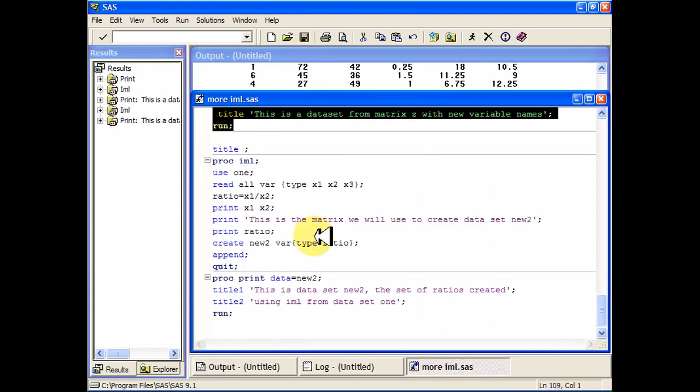Here's another thing you can do. Instead of just creating a data set from a single matrix, you can also put two matrices or vectors together. So I'm going to create